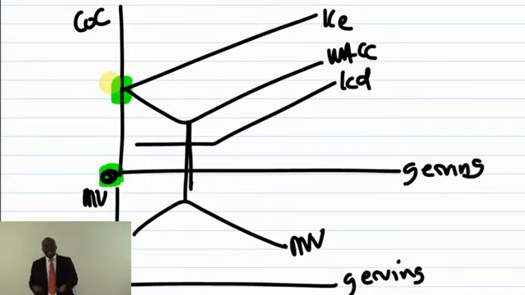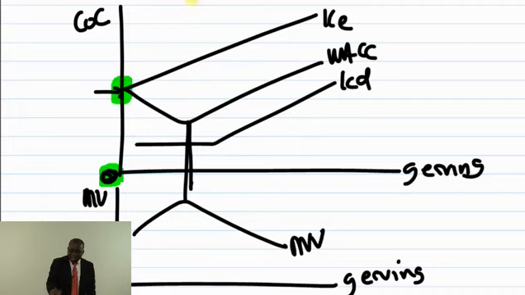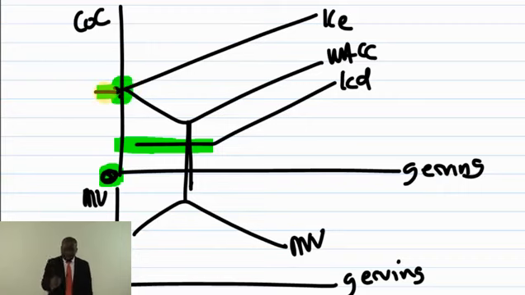If now I want to raise money, and I raise money by way of debt, we all know debt is a cheaper source of finance than equity, because equity holders take the higher risk, so they will demand a higher return. So instead of me raising equity and paying this cost, I am raising debt, which is cheaper, to pay this cost. That's why you see the cost of debt there. So when I raise the money by way of the cheaper debt, instead of raising the money by expensive equity, I am going to save some money.